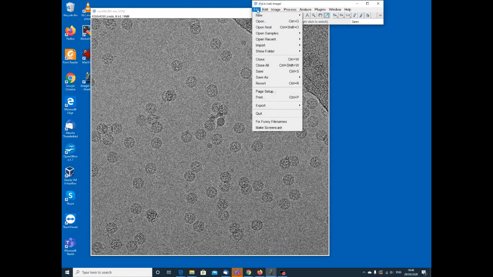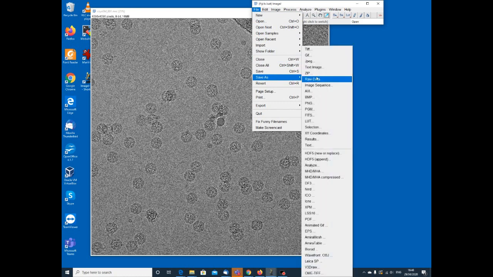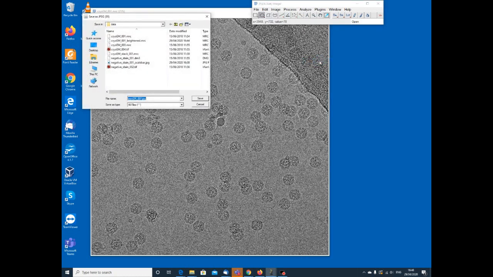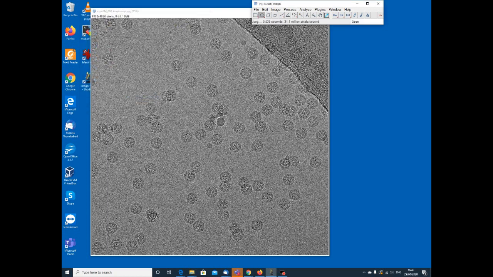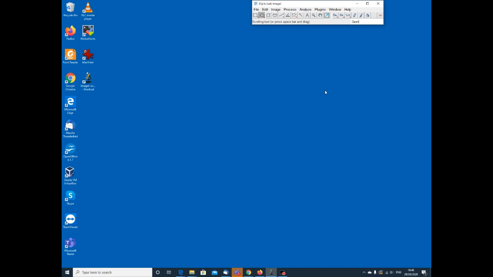And then if we left click on the file menu again, we can go to save as JPEG, and we could just save it as that with the JPEG option, but I think it's always good to put in the file name some information about how that might be different. So now we've saved that file, we can close down the image window in Fiji